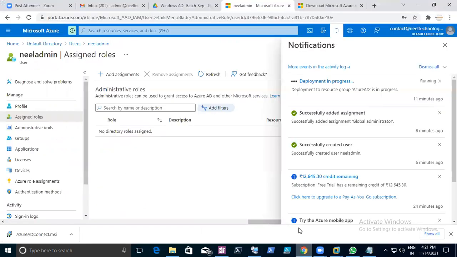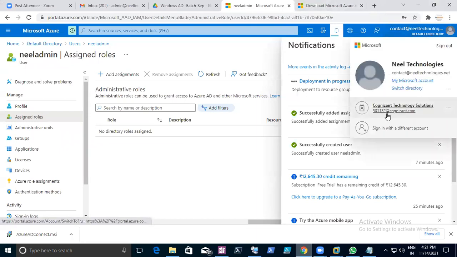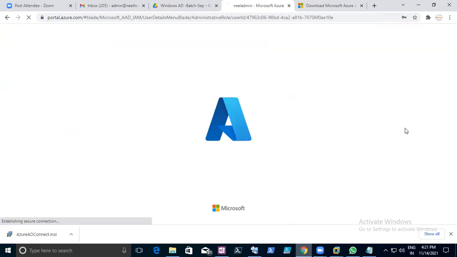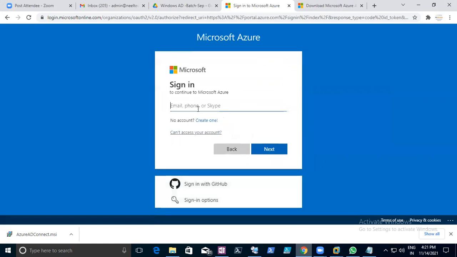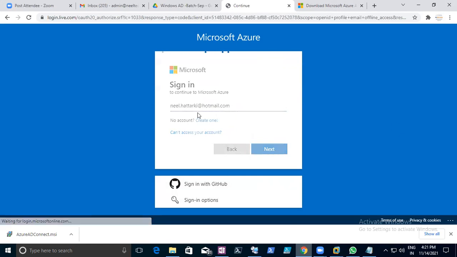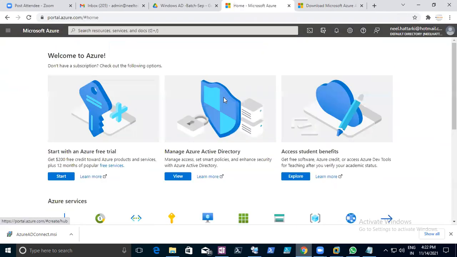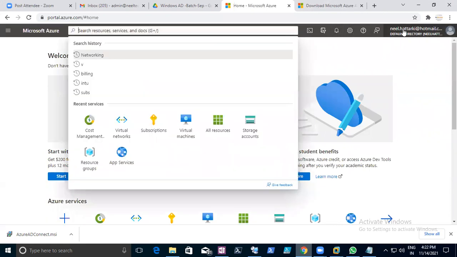If you see, I have not used this one earlier. If I go to the default directory, and sign in with a different account, my other account, neil.tarki@hotmail.com, which I used very long back, you will see this account is disabled. Can you see the default directory? Go to the subscription part and click here.